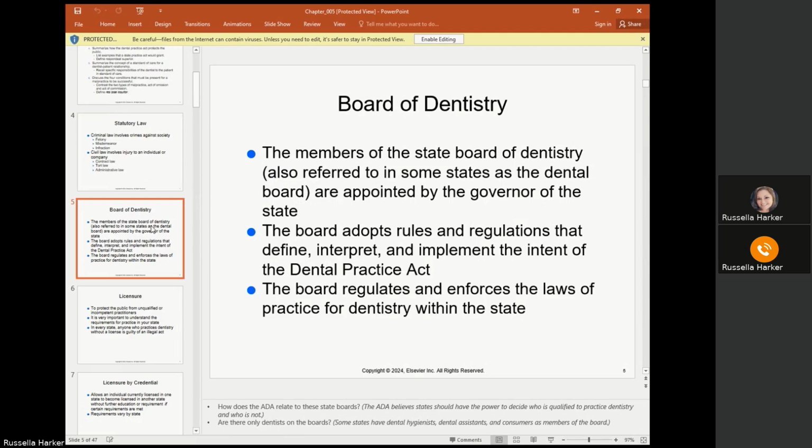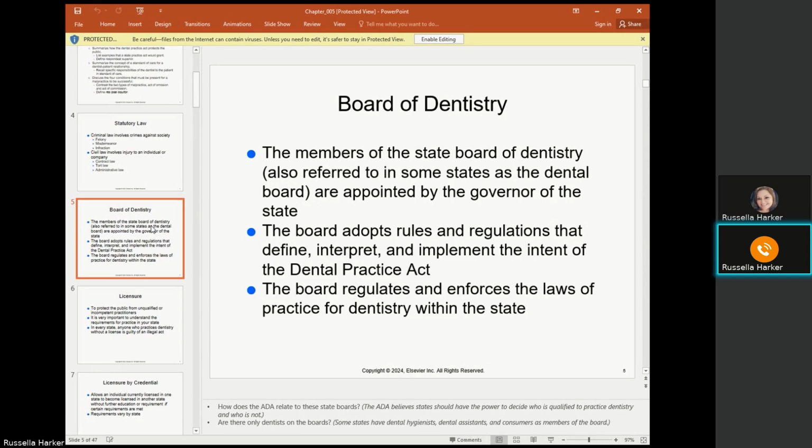With the Board of Dentistry, an administrative board commonly referred to as the Board of Dentistry is who interprets and implements state regulations. So in some states, the dental board members are appointed by the governor of the state. The board's going to adopt rules and regulations that are going to define, interpret, and implement the intent of the Dental Practice Act. So they're going to tell you exactly what duties you are and are not allowed to do,